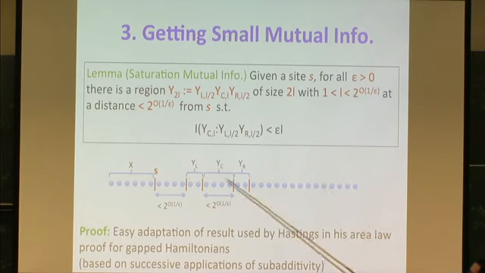So it's just some statement about how correlations can be distributed. They cannot be big on all length scales. And that's exactly what we need. So if you look at the proof, we just use subadditivity of entropy many times, and that's all. But I don't want to show you.